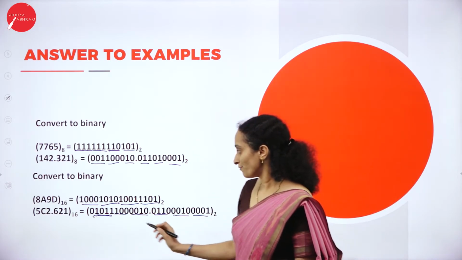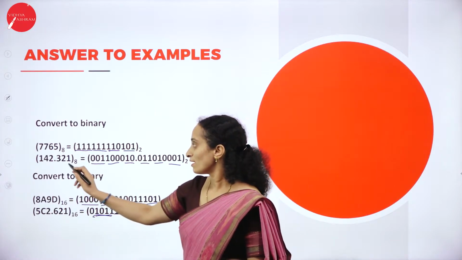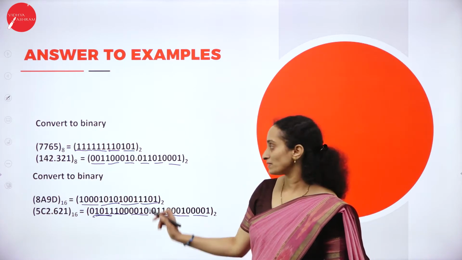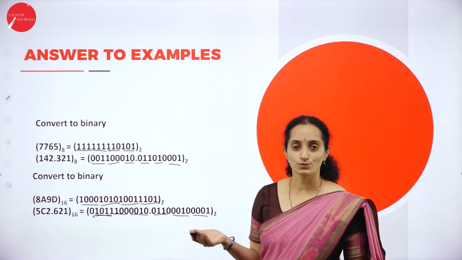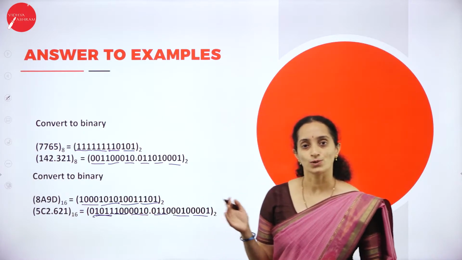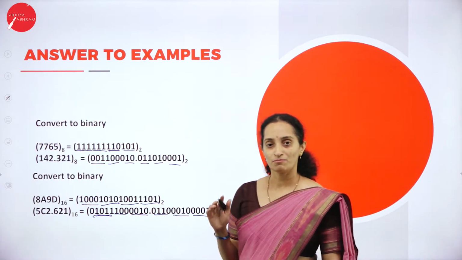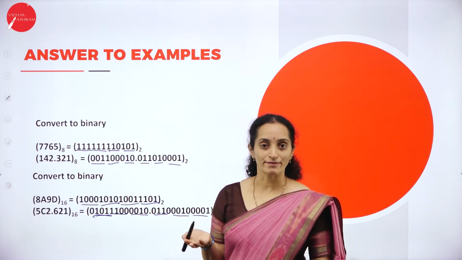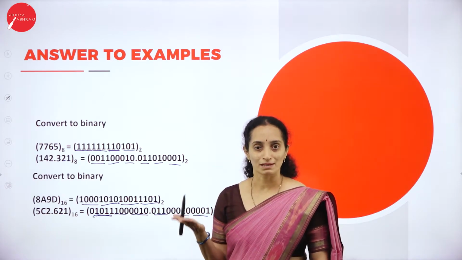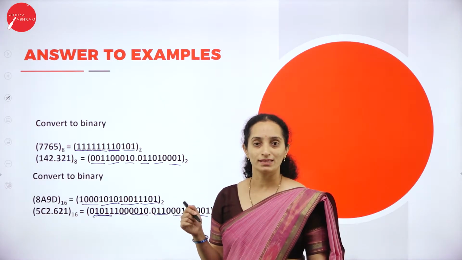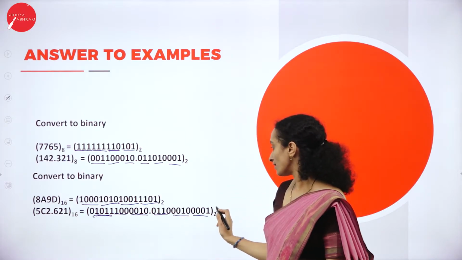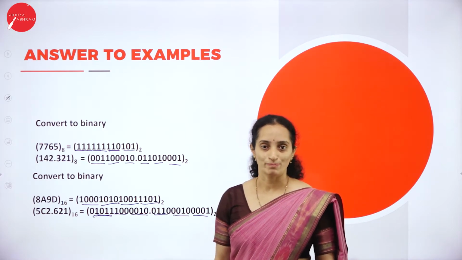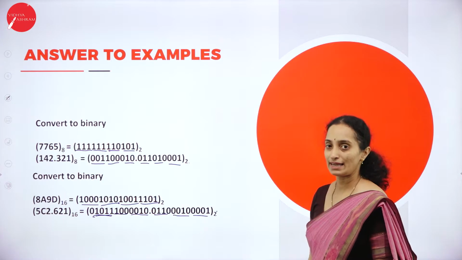Make the practice of specifying the base for every representation. Whatever number you write, you specify the base 8, 2, 16 or 10 so that it avoids the confusion about what the representation of the number is, if you have a number, in what system the number has been represented. To make the task easy, you just use the base so that it reduces the complexity of representation of numbers.